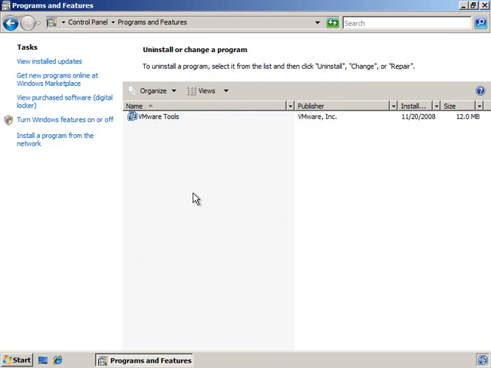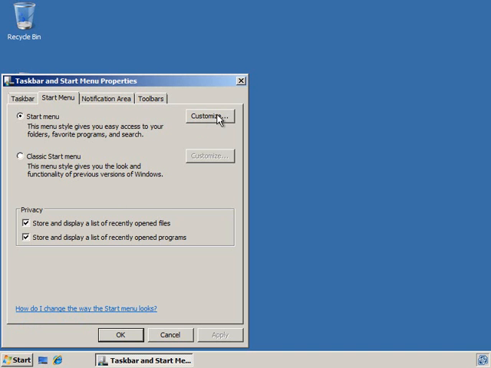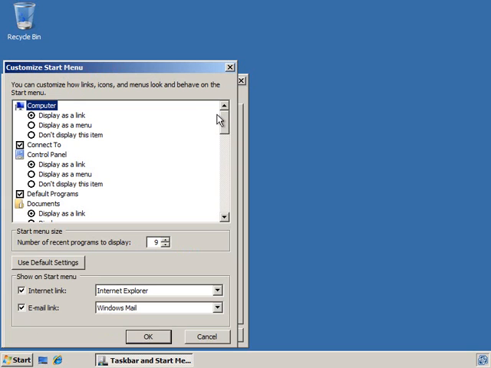Okay, the several minutes have passed, and now that feature has been installed. The only other thing that we're going to want to do, and let me close out of Programs and Features, is have it added to the Start menu. So what I'm going to do is right-click on Start and go to Properties. And now, under the customization of the Start menu, I'm going to click on that link. If I scroll down,